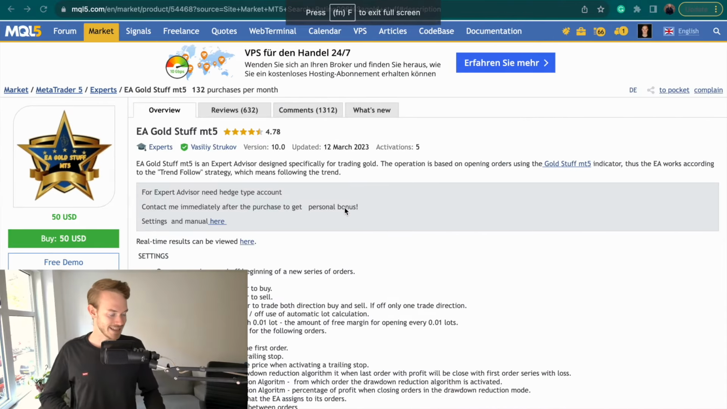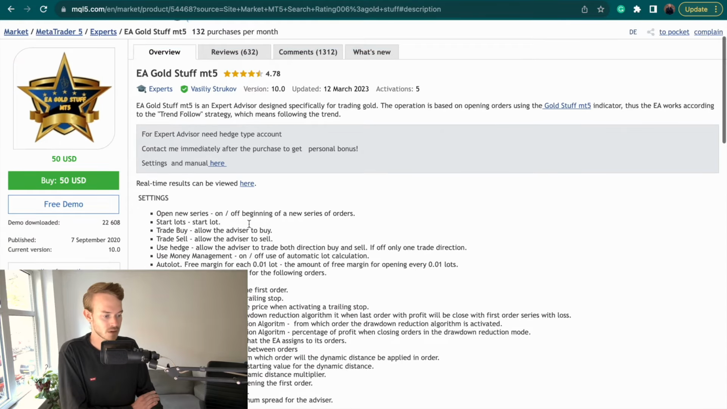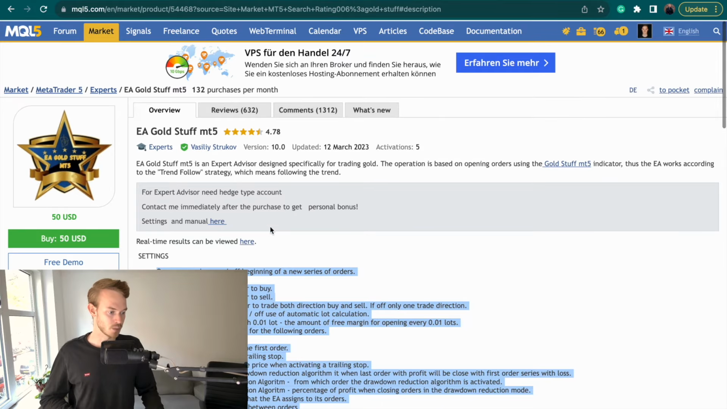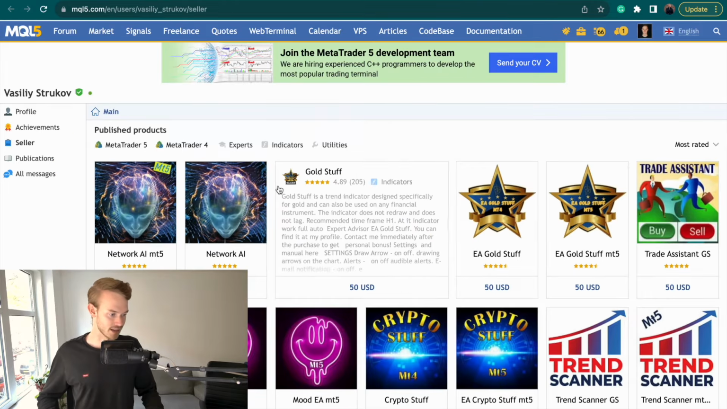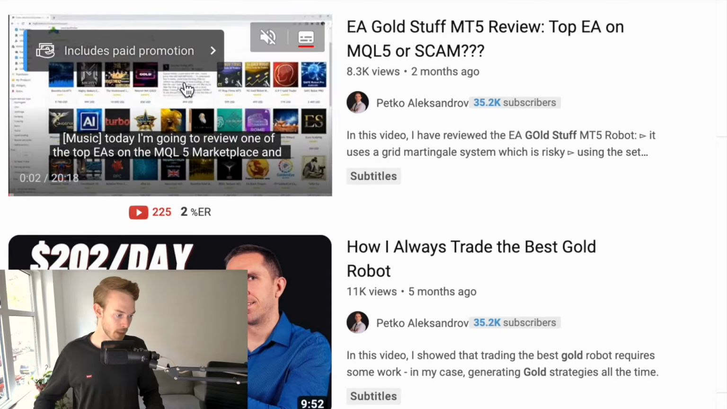Let's quickly dig into the sales page of the EA Gold Stuff MT5. And what I like, well, the description is very short, on point. You see all the settings are being explained, even though the setting file is provided, so you don't really have to take care of all these nitty-gritties in the settings. But what actually caught my eye is the real-time result, and what I actually realized in the video from Petko